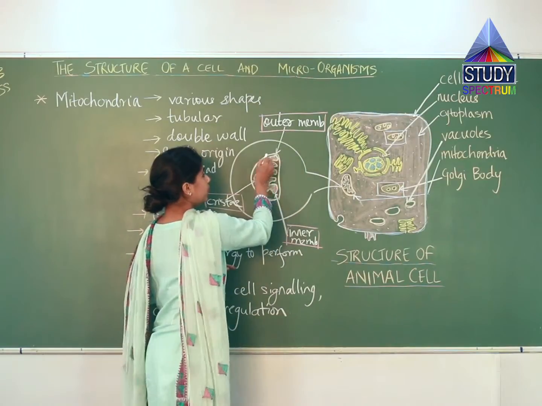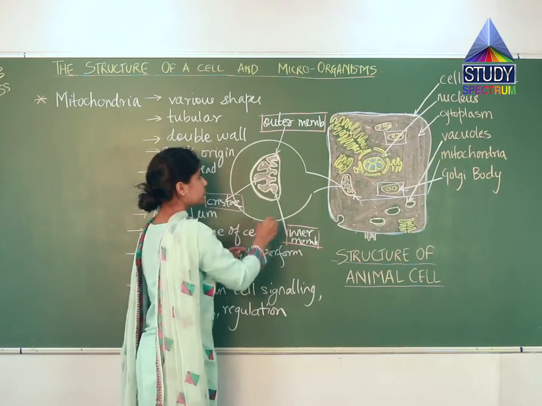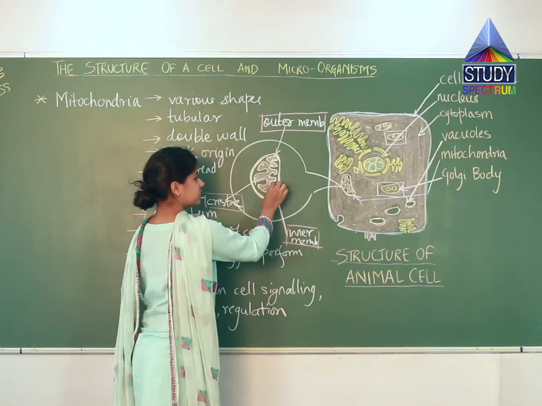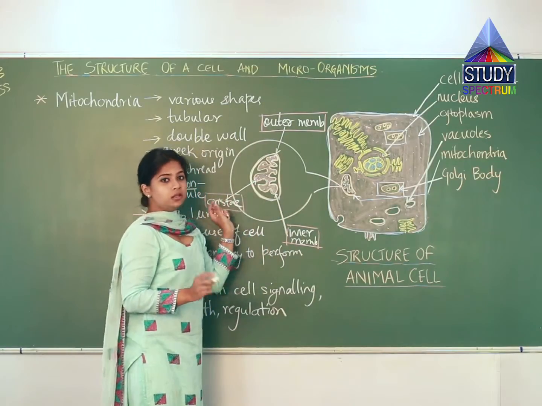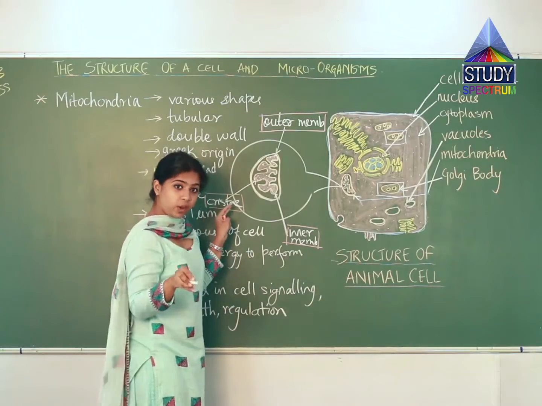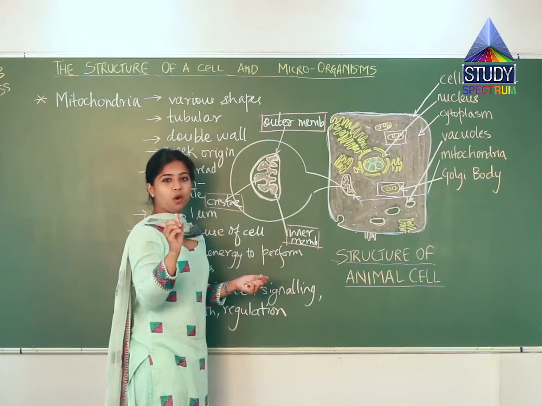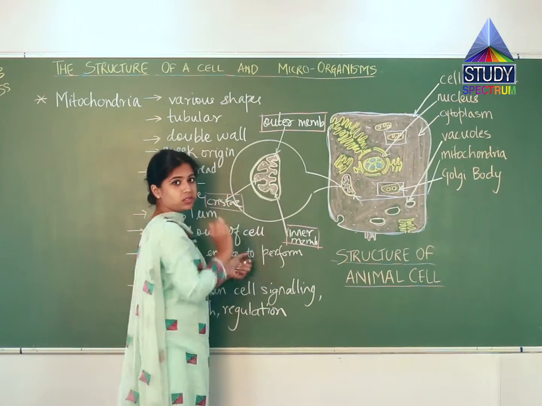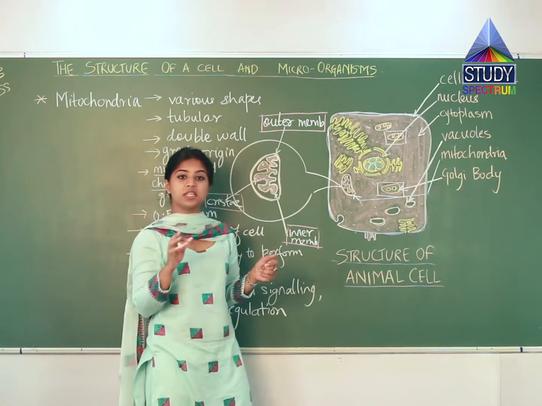So the outer membrane is this that you see right over here. And then there's the inner membrane. Now the inner membrane is inside, that you can see over here, it's the folded structure. Now the next one that we have is known as the cristae. Now cristae are small structures that are present on the curves of these folds. You don't have to study much about the cristae because it's not in your portion, so let's just keep our